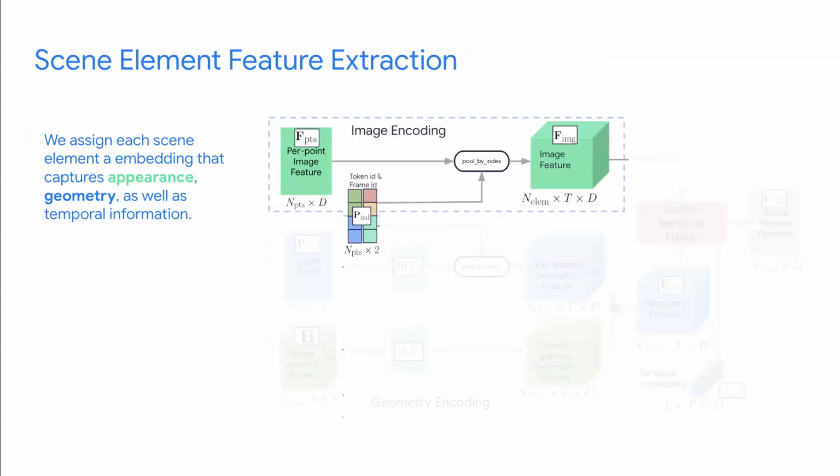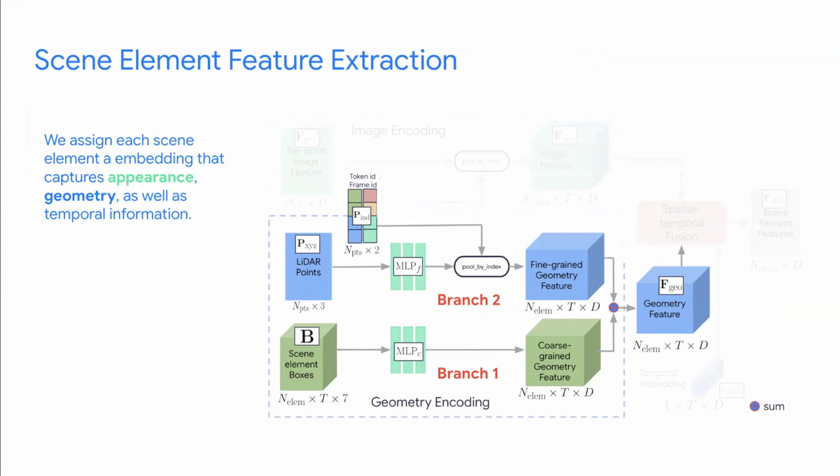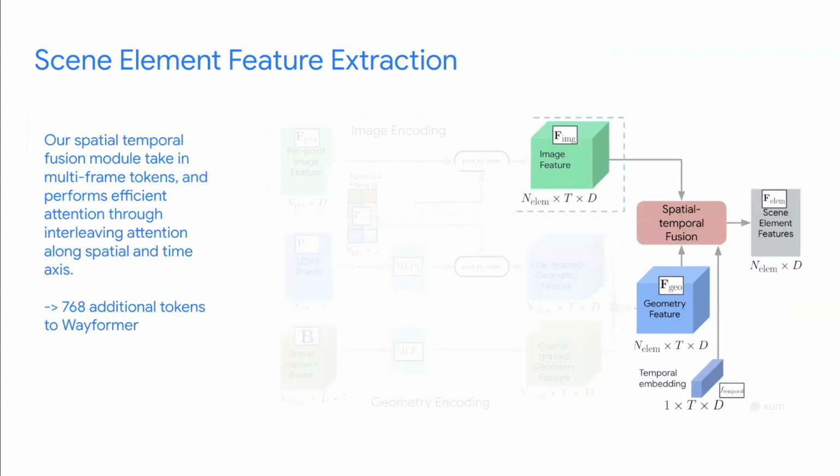To perform feature extraction for scene elements, first the per point image features are average pooled to yield 1 image feature vector for each scene element in each frame. We also encode coarse-grained bounding box and fine-grained point cloud geometry information with separate lightweight multi-layer perceptrons, which are then summed together to produce a geometry feature vector for each scene element in each frame. Finally, the geometry features and image features are summed together, along with a learned temporal embedding, and then processed with